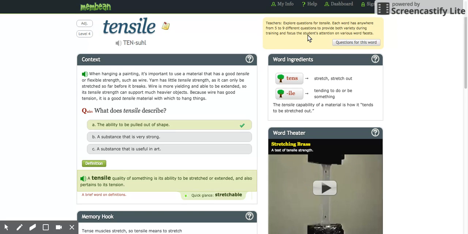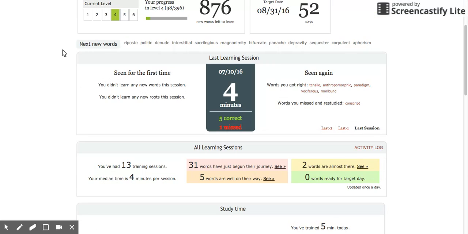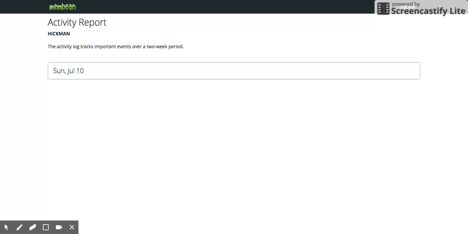Okay, and in your learning session, when you're done, there would be a button here that says go to the next word, and it would either take you to another new word or to more quizzes. Okay, and then when you're done, again, I strongly encourage everyone after their learning session is over to go to their activity log,